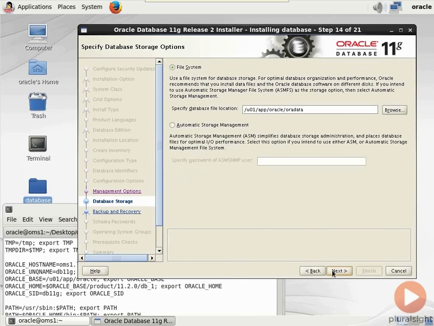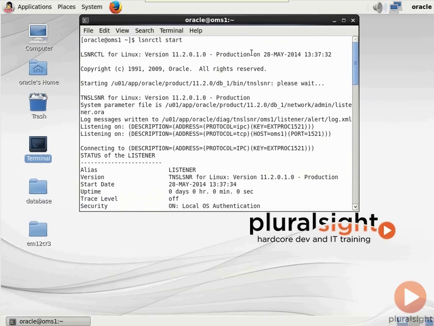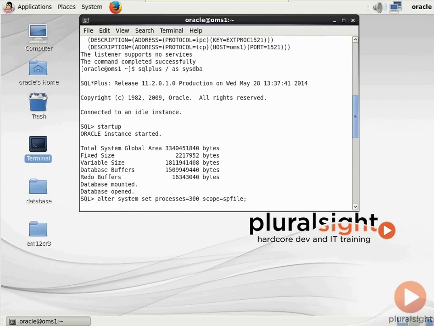You've seen the rest of this installation, so I'm going to pause the video while I complete it and then reboot the computer. Okay, we're back from our reboot. The 11G installation completed successfully. And because I haven't configured the database to auto start yet, I had to run listener control start to start the listener. I then logged in to the instance as my OSDBA, sysdba, issued startup to bring the instance in